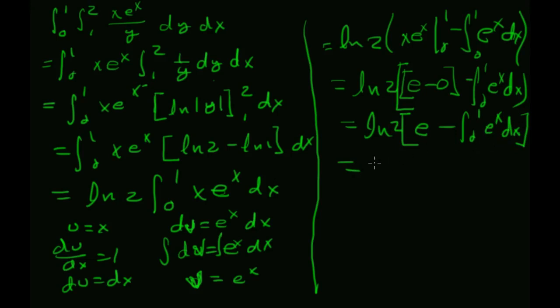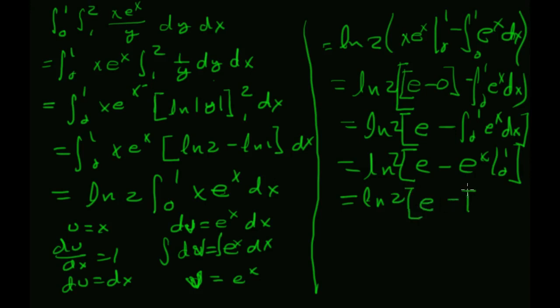Alright, so we have to evaluate that. So we have the natural log of 2 times e minus, and that's e to the x from 0 to 1. And the integral of e to the x is just e to the x. So this is the natural log of 2 times e minus 1, right? So I believe that just comes out as, well, the e's cancel, right? A negative and a negative is going to make that positive, so this is just the natural log of 2. That's it. All right, so applying by parts to a double integral, and basically you just work from the inside